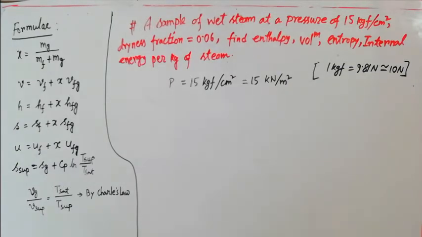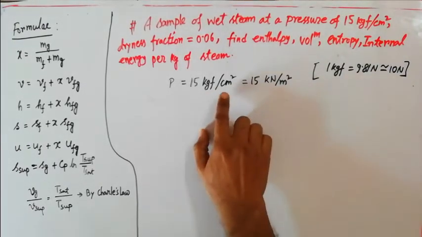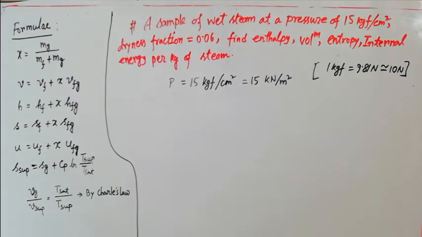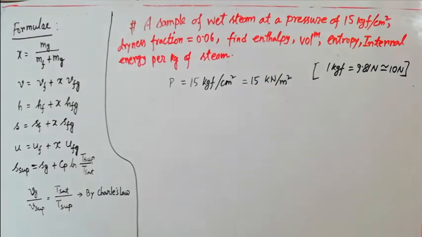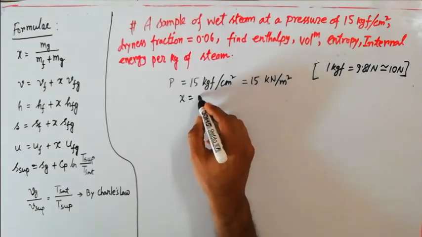Just try to convert from kgf to newton, then from centimeter square to meter square. After doing all those things, you get that kgf per square centimeter is nothing but kilonewton per meter square. Understood? Then the dryness fraction is given, that is x equals 0.06,